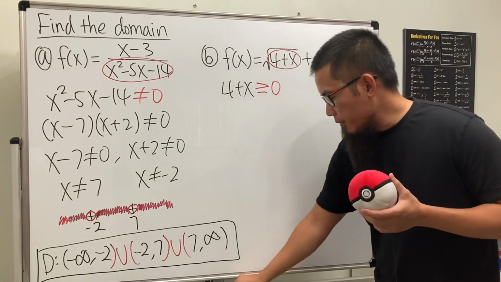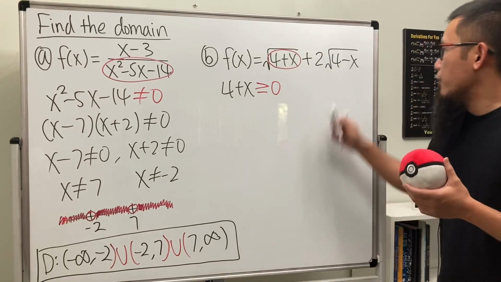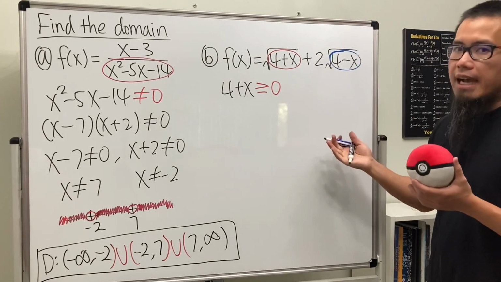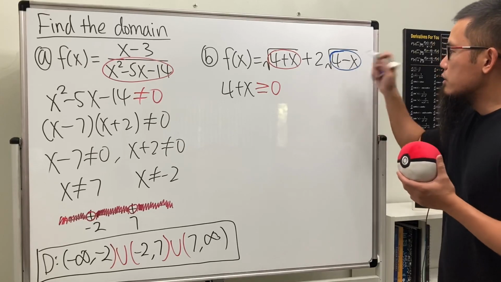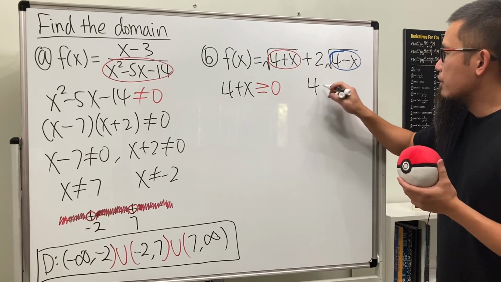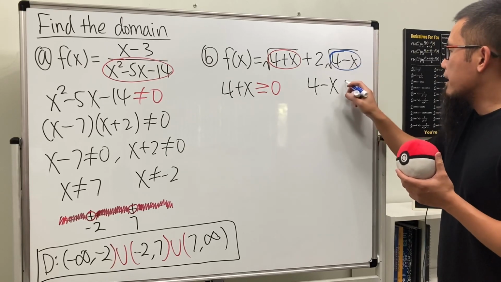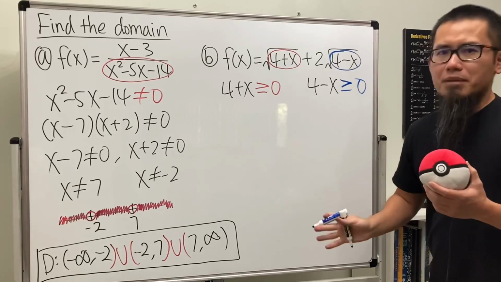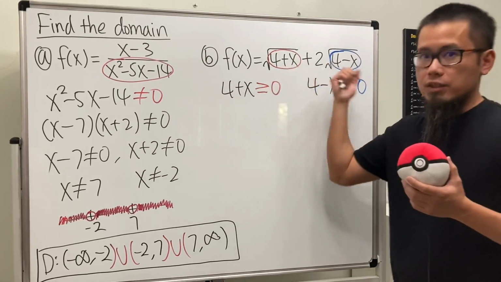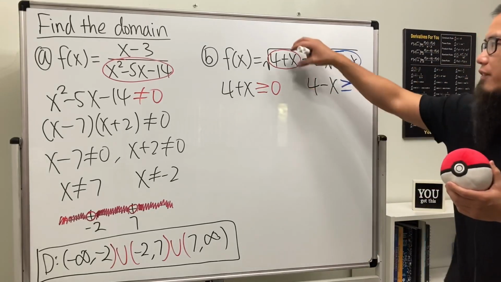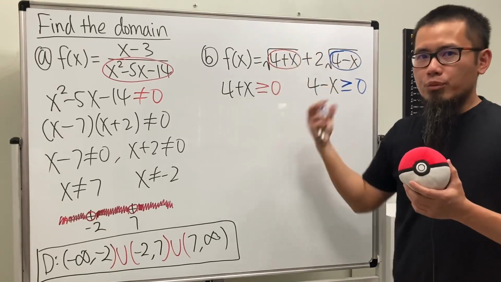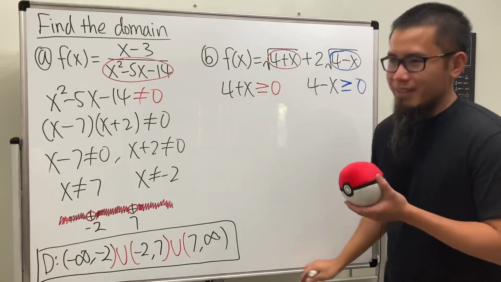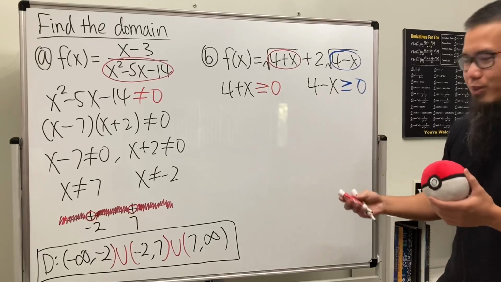And then for the other one, we have 4 minus x. In this case, we also have to make sure that this inside has to be greater than or equal to 0. So we will also have this inequality: 4 minus x has to be greater than or equal to 0. What happened to the 2 outside? It doesn't matter. We just care about what's inside of the square root, right? This is like being inside of a casino or a bar. You have to make sure the person is over 21, right? Same idea. For math, it's greater than or equal to 0 in the square root world.